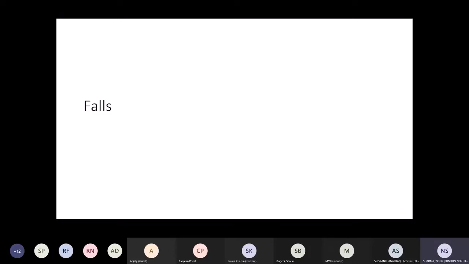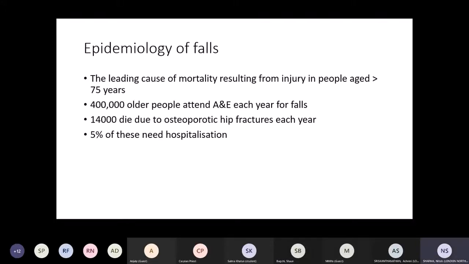This is the most common presentation in any hospital with geriatric patients. Falls. Whatever might be the case, there are a number of differentials that could come under falls, and they could present with the falls. So let's start. Okay. So as I told you, most of them present with falls.